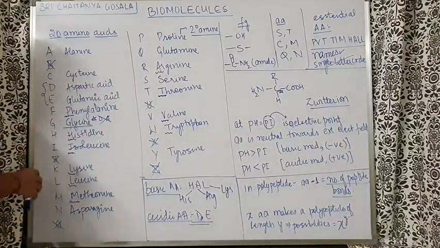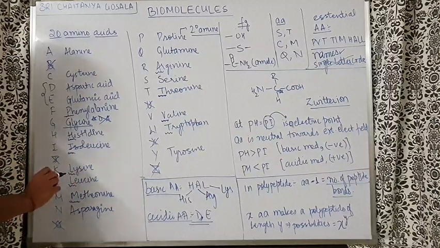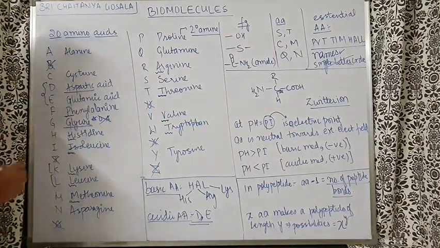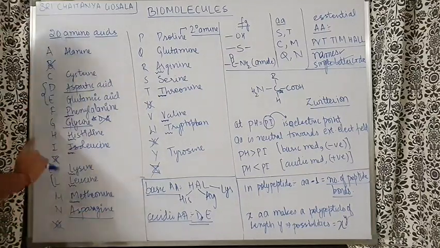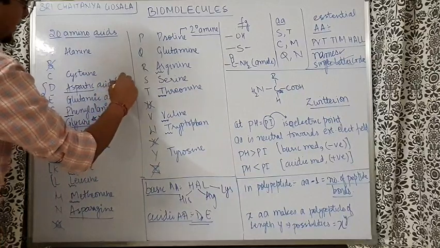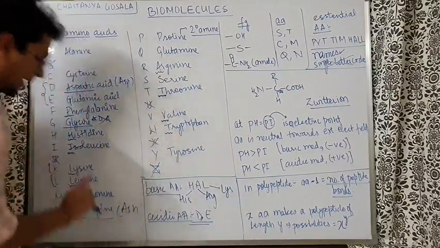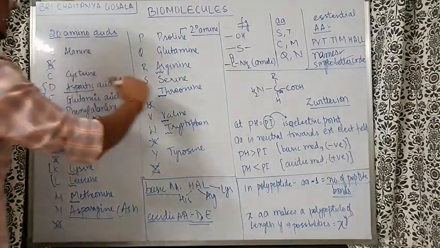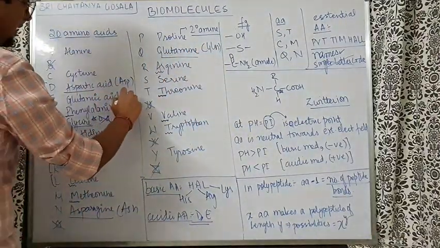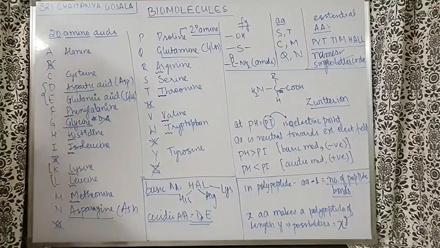Going ahead, histidine is there, isoleucine is there, lysine, leucine, L for leucine. Another alphabet, K, was chosen for lysine. M for methionine, N for asparagine. Here understand one thing, aspartic acid and asparagine are matching. In fact, the three-letter code will also match, like aspartic acid will be ASP and asparagine will be ASN. Similarly, glutamine will be GLN and glutamic acid will be GLU. So you can understand that they are related to each other.